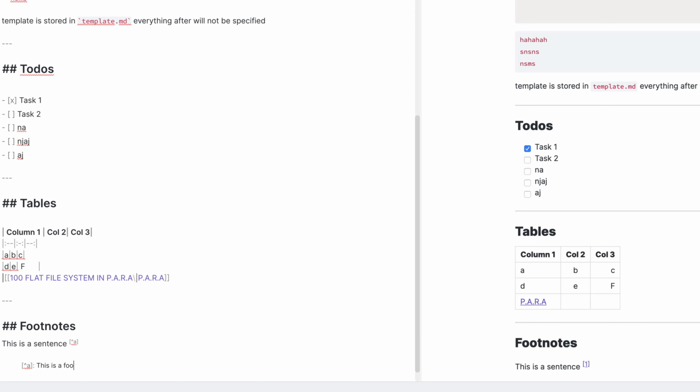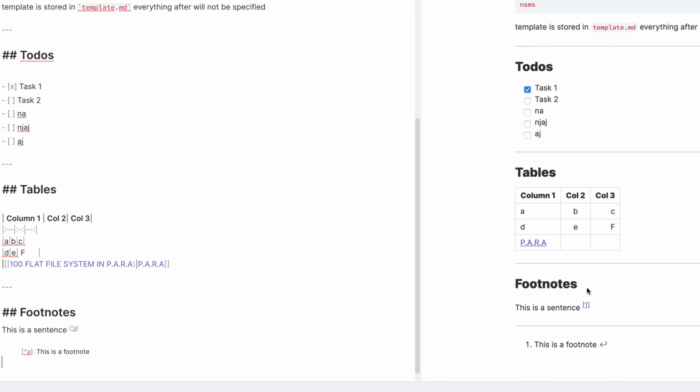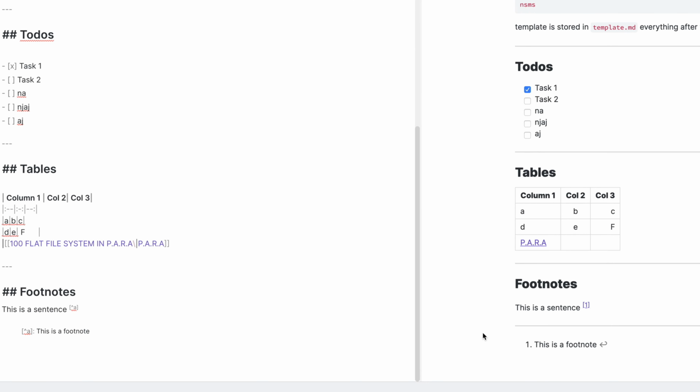This is a footnote. Okay. So now you can see it's showing 1, and you can see the footnote. You can see the sign. If you click it, it will show you exactly where the footnote is. So if this was like later on, I'll show you after we do the maths module, the final module. If you click this, it will show you this sentence will be highlighted basically.